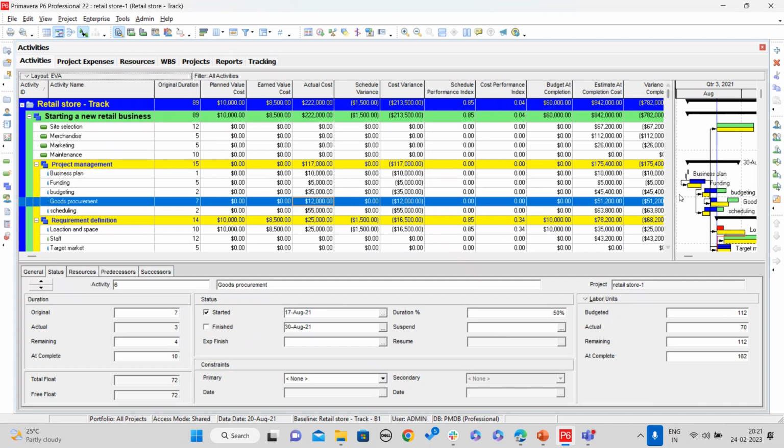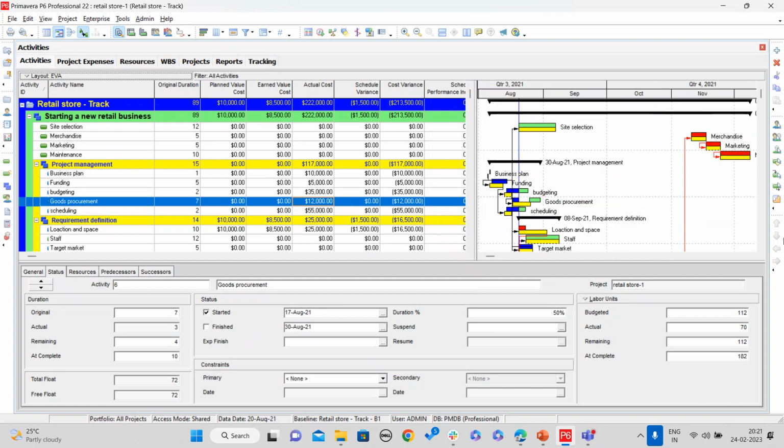So this is the earned value analysis part. Based on the tracking information that we are updating in Primavera, these metrics will be automatically calculated. After this, we have